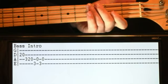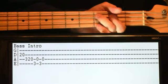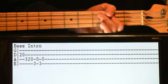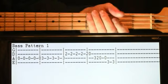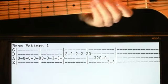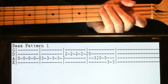Alright, and just get it up to tempo now. Alright, and the main bass pattern here, the one that kicks off initially, it's just going to do some A notes here. Okay, some quarter notes, just...